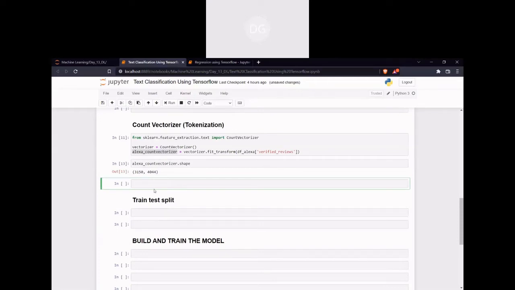So I will add a comment: converting to data frame to concatenate with original data frame.